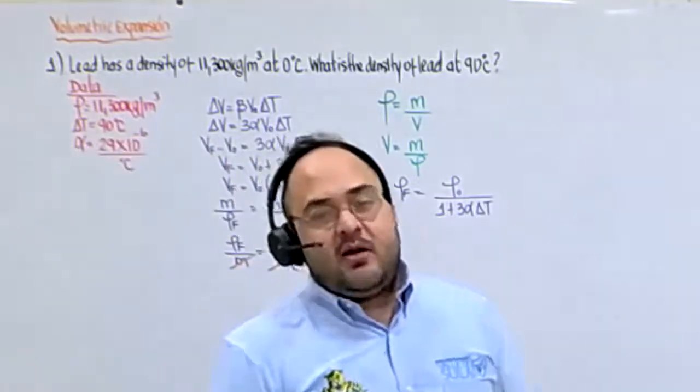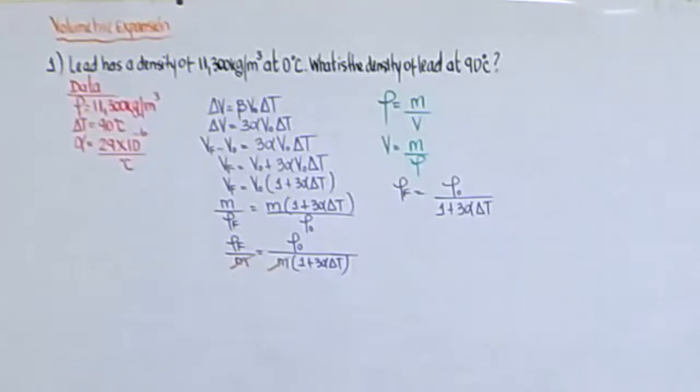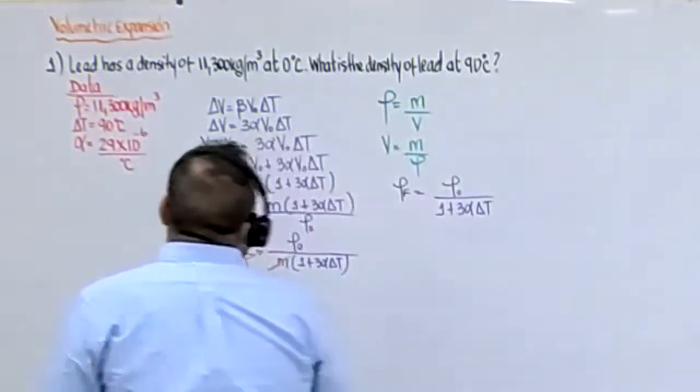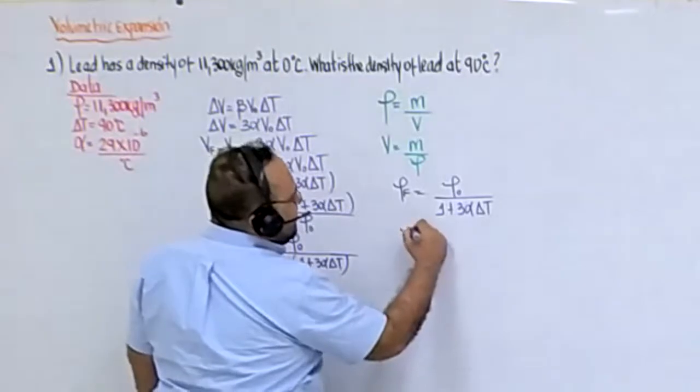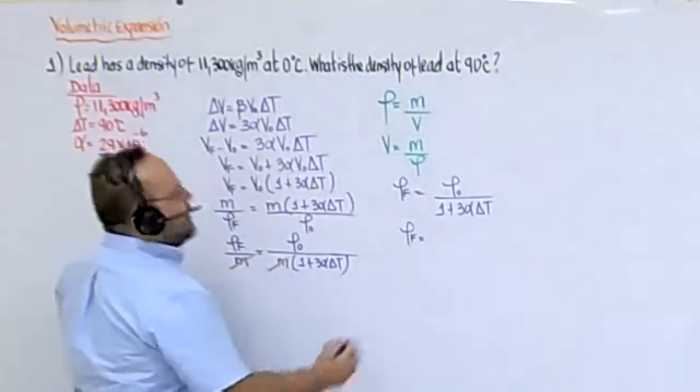Do we know the initial density? Of course we know. We know the value of alpha? Of course. We know the value of delta T. Yes. All right, it is time now. For that reason, final density equals initial density